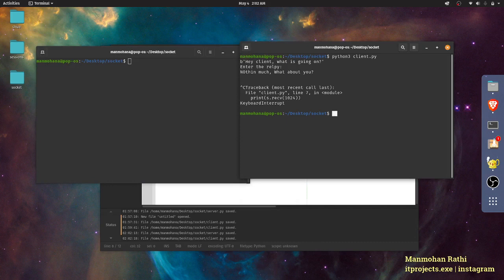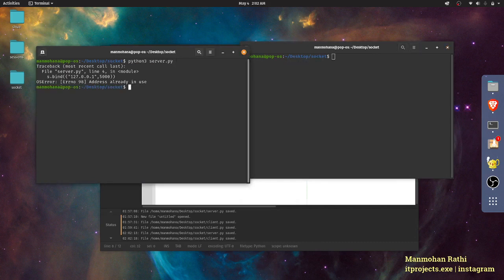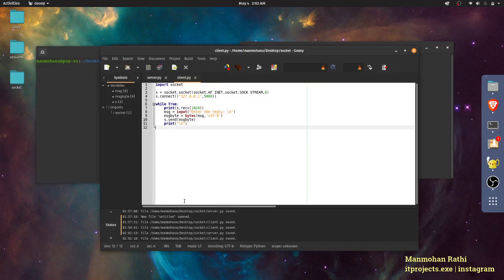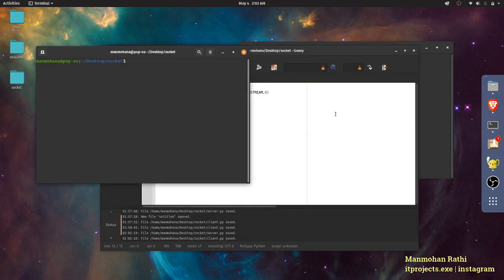Terminal. Server.py. What happened here? Just give it a second, it will run.